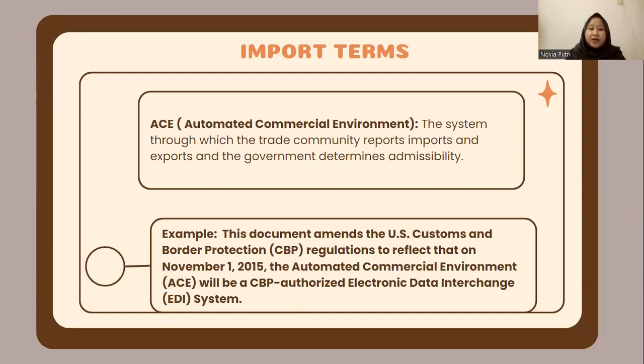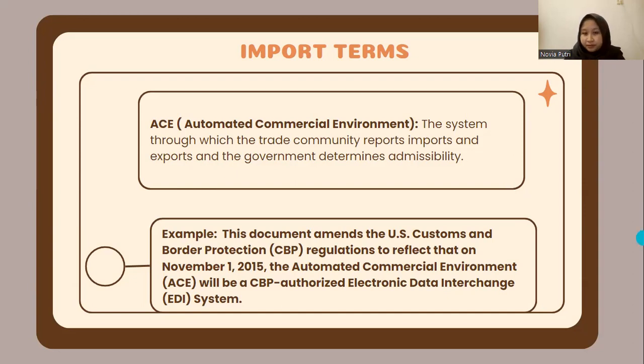So the next one is ACE, Automated Commercial Environment. So the system through which the trade community reports imports and exports, and the government determines admissibility. And then for the example is this document amends the U.S. Customs and Border Protection or CBP regulation to reflect that on 1st November 2015, the Automated Commercial Environment or ACE will be a CBP authorized electronic data interchange or